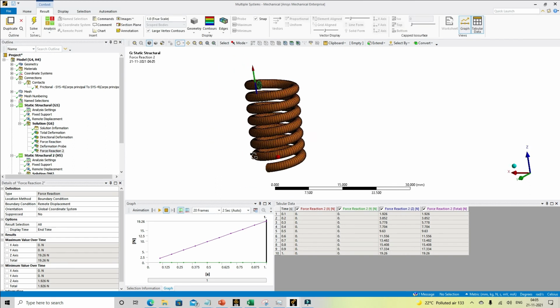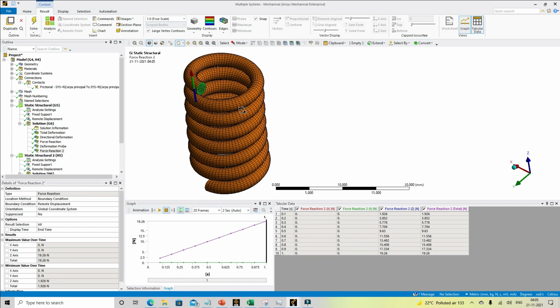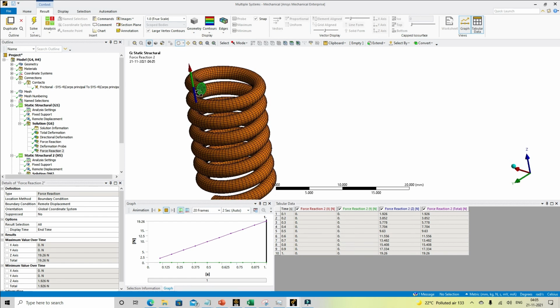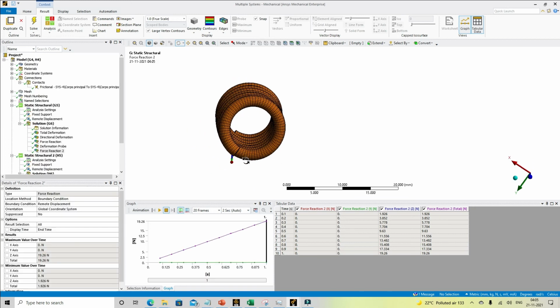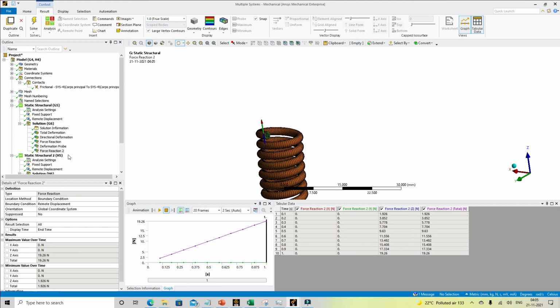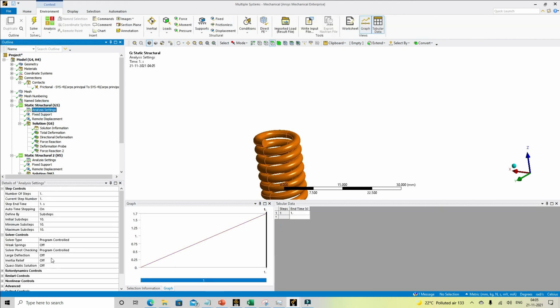One thing to notice here is that the stiffness value we are getting is completely linear in nature, even though we had defined some contact, which will come into the picture if we are trying to extract the compressive stiffness of this component. Now, in order to capture the effect, if the cross-sectional area change is significant, or if the radius is changing by a large amount, we have to activate the large deflection setting that is present here. Currently it is set to off.